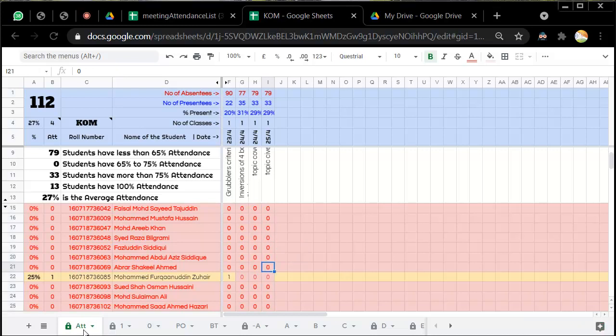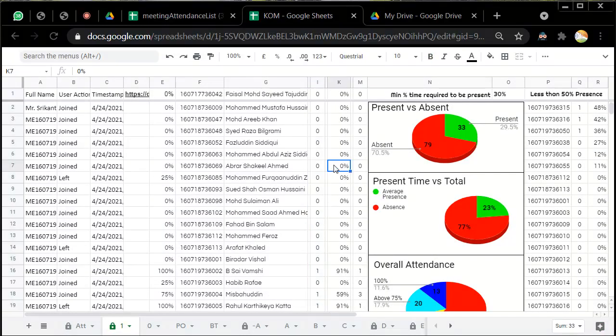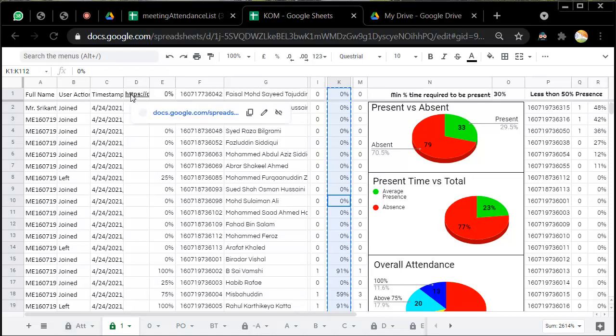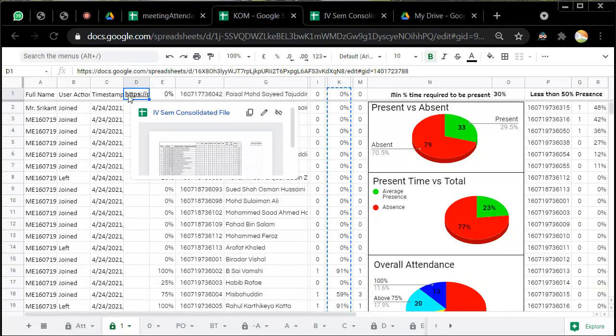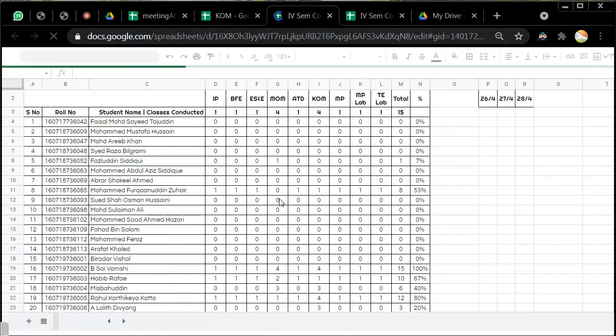Now that the register has been completed, the next task is to get the data for attendance monitoring. This data will be used by mentors. So once again click here in the second column, press Ctrl A, press Ctrl C for copying it. Now this data will not go into the attendance register, it will go to this particular file. Each of the faculty files contains a link to the respective consolidated file, which each faculty can obtain from here. You just have to click on this, and when this file opens here along with the preview, you can just click here. That will open the consolidated file.